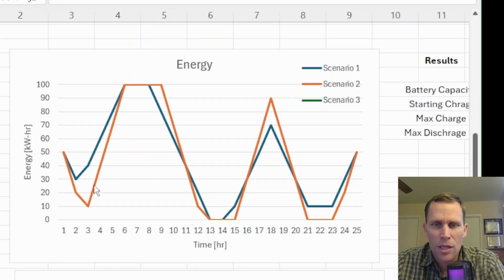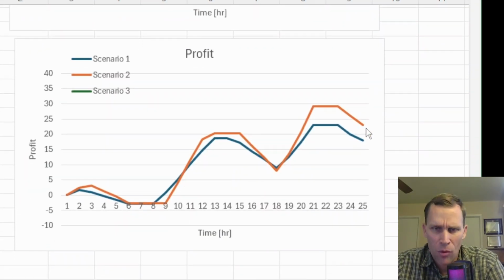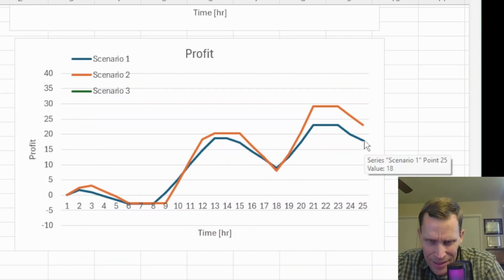So the orange line here is our scenario 2. Blue is scenario 1. We already saw that. And then we have just basically a steeper slope, which represents 30 kilowatts. If we scroll down to the profit table, it looks like a similar shape, but ultimately a little bit more profit. So what was 18 now looks to be about